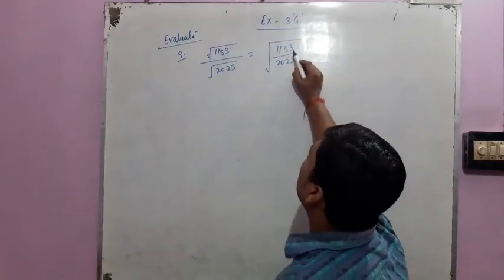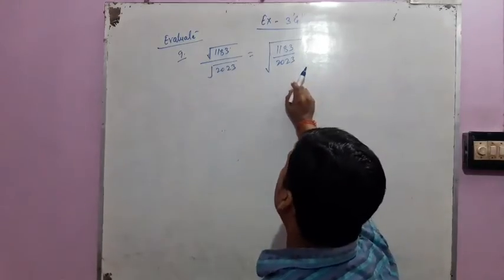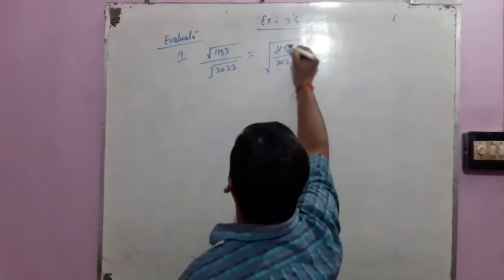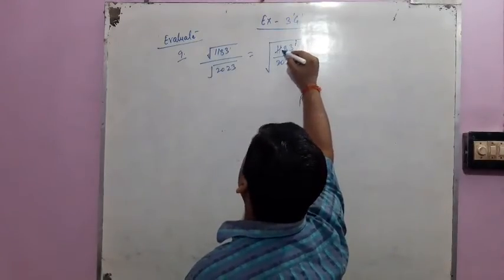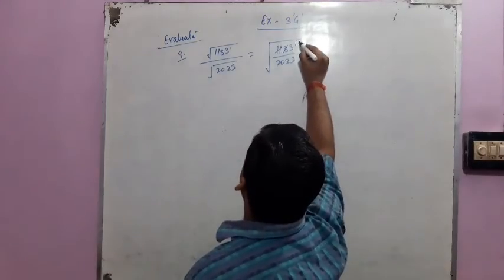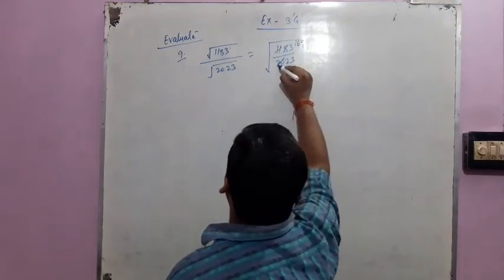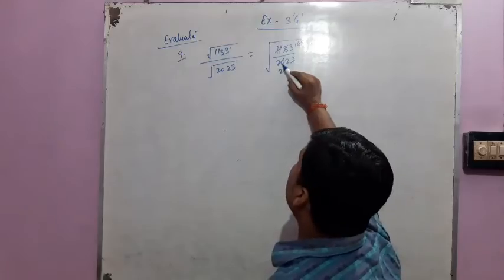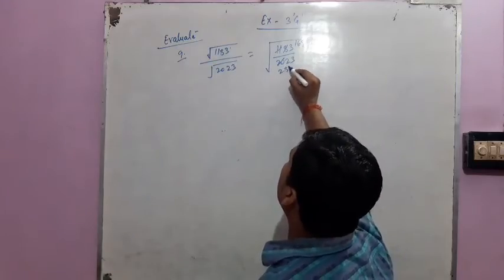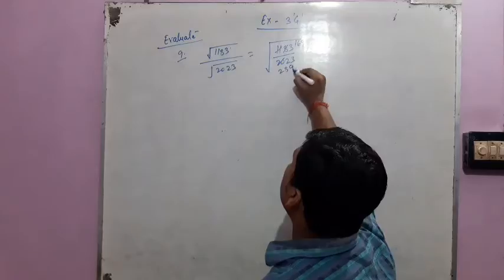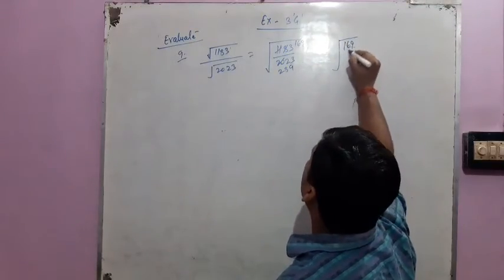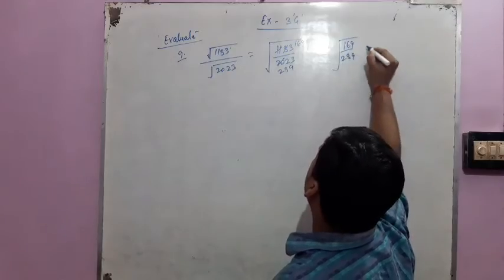So here we have to reduce it by which number? With 7. 7 1 is 7, 4 remaining here, 48, 7 6 is 42, 7 9 is 63. Again here 7 2 is 14, 14 what remains here? 66, 62, 7 8 is 56, again 6 remaining here, 7 9 is 63. So here it is the 169 by 289.